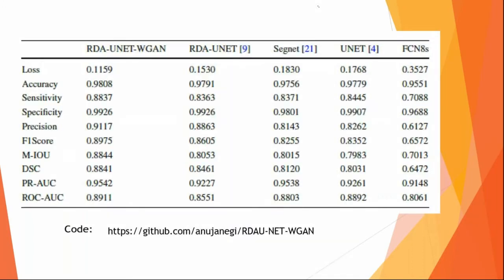Again, we compared it with different models, and ours was better. It was slightly better than the RDA UNet, and this is the WGAN, and we were able to get 0.86 and 0.89, about 0.03 improvement in terms of F score. It was quite good. You can refer to this code. This student was my internship student. She was here working with me. So you can refer to this GitHub.